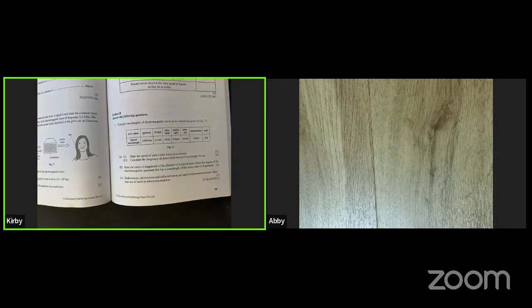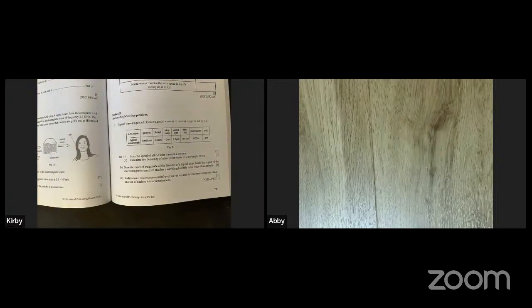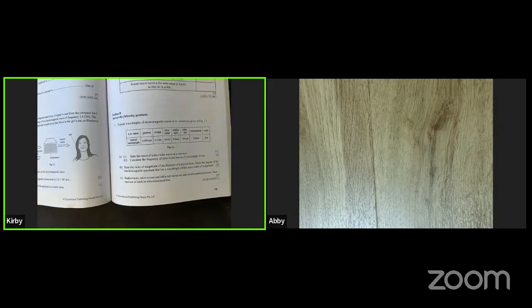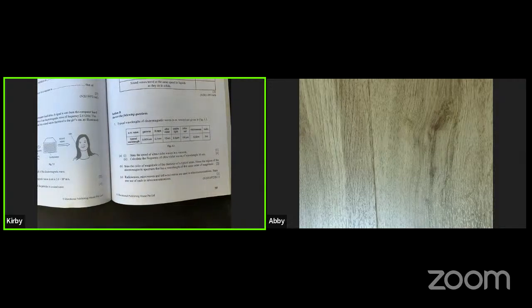Red light has a wavelength. Again, you're supposed to look at the Jamboard. The seven spectrum thingy, right? You look at that and then you think about it. It's actually quite easy once you have that. What's a red light? A red light is visible light. It is visible light, look. If that makes sense.